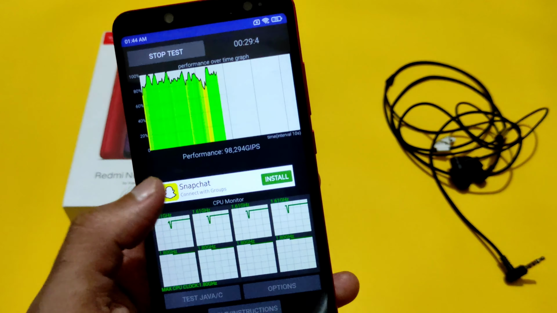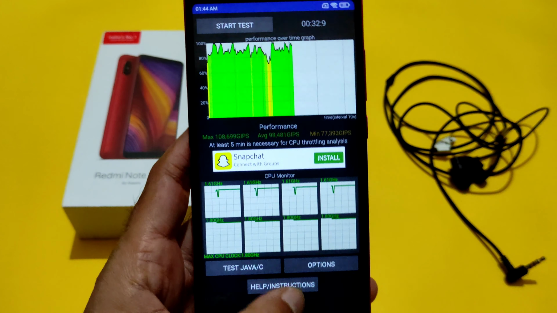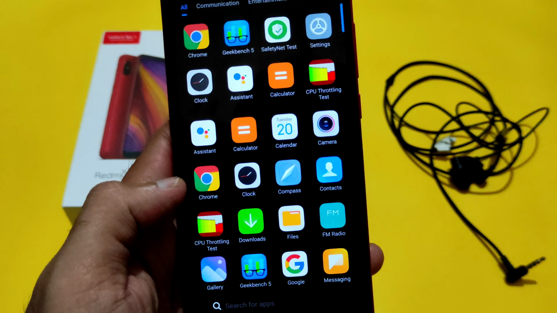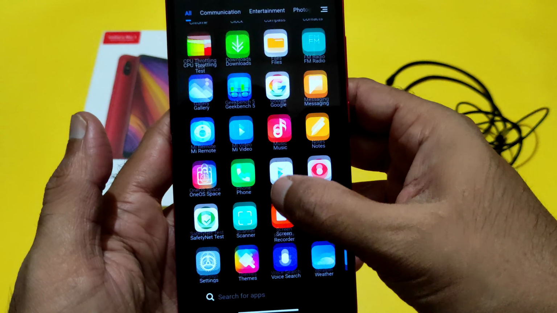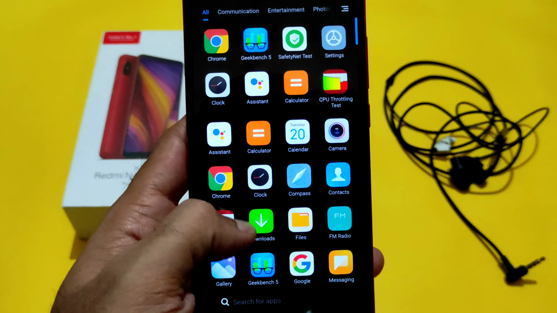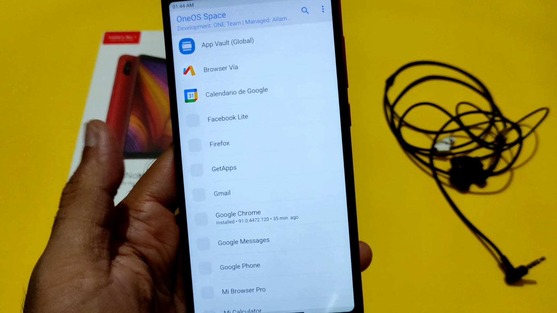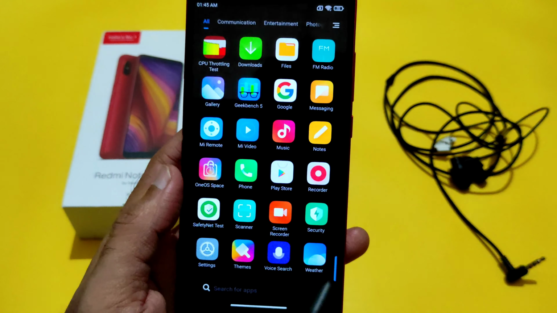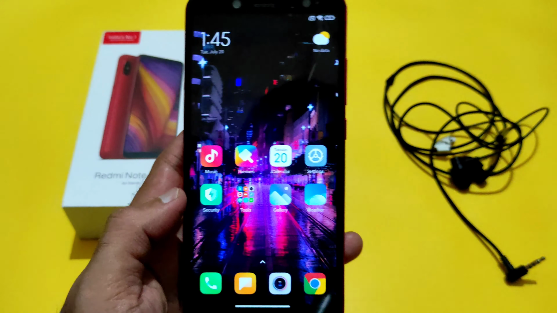It's fine. As you can see, it takes good average peak performance. It's good for considering this Snapdragon 636. It's working fine in this ROM. And coming to camera2 API is also enabled, and you can use any Gcam ports in this ROM. And coming to One OS space, you get this kind of settings also from here. And this is the Redmi Note 5 Pro MIUI 12.6 Android 11 One OS style.